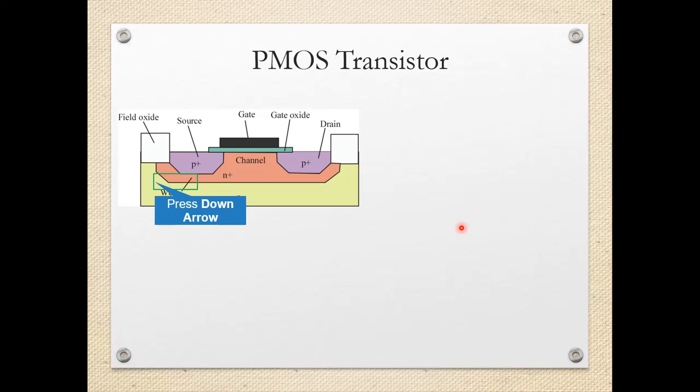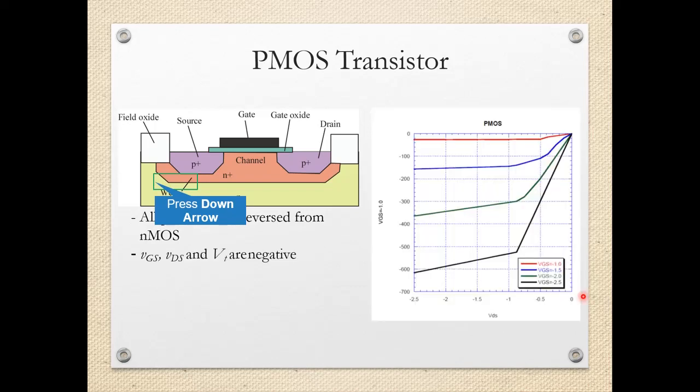Now we have studied the details of NMOS transistor. Now we will go for this PMOS device. We will just see the comparative study. We will not go into much details because more or less the operation is very similar. The different important things that we should remember is, for the PMOSFET, all the polarities are reversed from the NMOS. So whatever NMOS study we have done, exactly reverse polarities are applicable for the PMOS transistor.